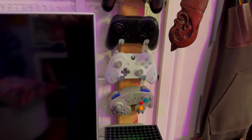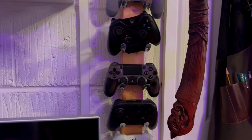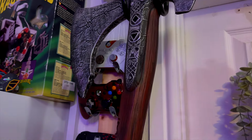We're going to be talking about that in a video coming up. And then I did walk past it a second ago. On the wall next to the door into the office is all of these controllers. So these are really just controllers for the consoles that are here, but most of them tend to be kind of special edition ones. So if we come round the light here and start at the top,